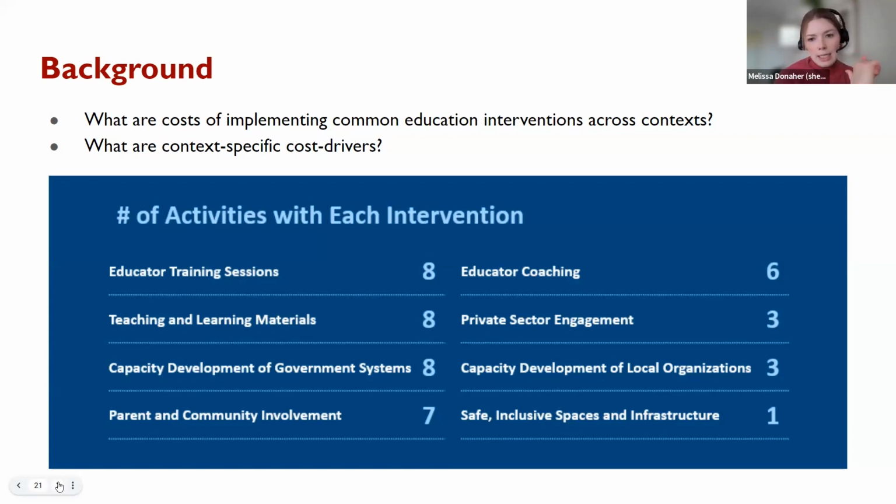And so listed here, you'll see these are the specific categories that we were looking at for this particular intervention. So looking at the development and distribution of teaching and learning materials, teacher support and professional development, capacity development of government and local organizations, and parent and community engagement. So these were some of the common elements that we saw across all of the activities. So we wanted to dig a little bit deeper into these. So if we go to the next slide,